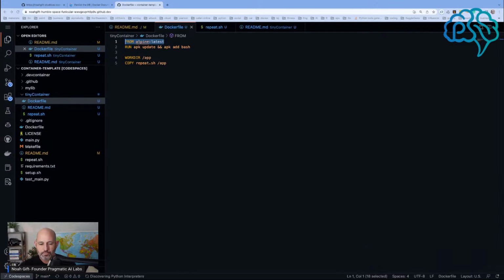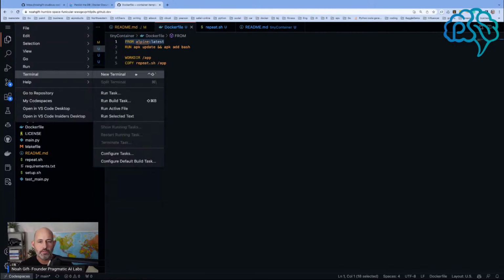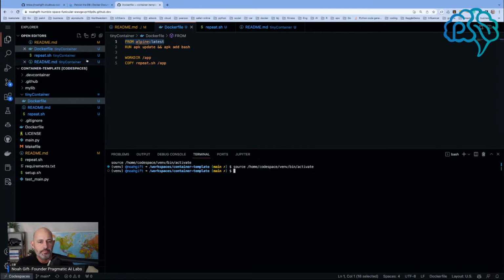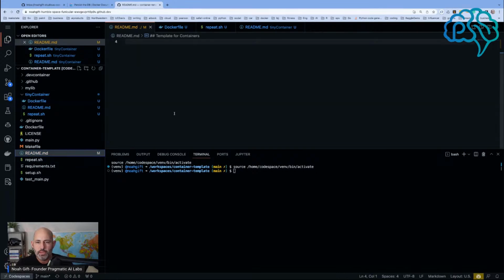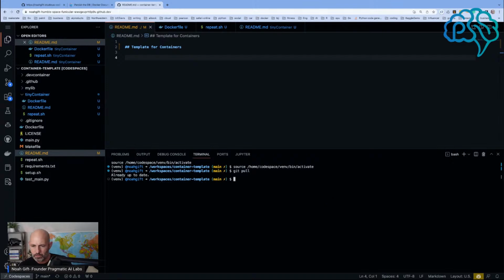Okay, so the goal for today is to deal with persistent storage. I'm going to open up a terminal here, and let's change the README to be more conducive. Here we go, template for containers. Let's do a git pull. Okay, and we'll say lesson 2,